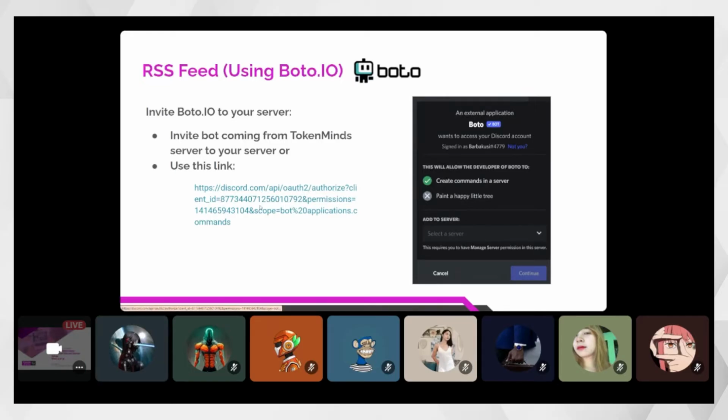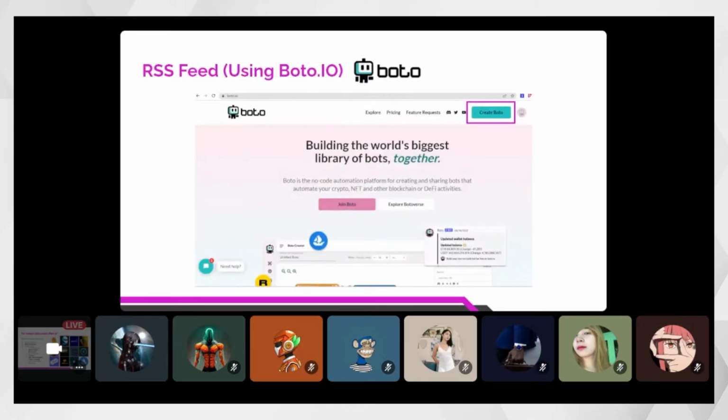If not, you can use this link, or you can just look for boto.io on the website, to make it simple. Then just add it to your server and give it the proper rights according to what I've taught you in the previous lessons.